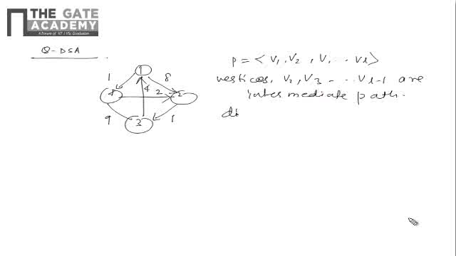Now, what we have to do, Dij, if it is a shortest path from I to J, then this intermediate vertices will be chosen from the set of 1, 2 and k. Okay, so if these vertices, if these sets 1, 2, till k are present, then only we can choose that intermediate vertices for determining the shortest path from I to J. Okay, so let's start the Floyd and Warshall algorithm.